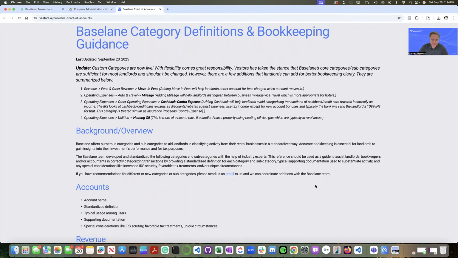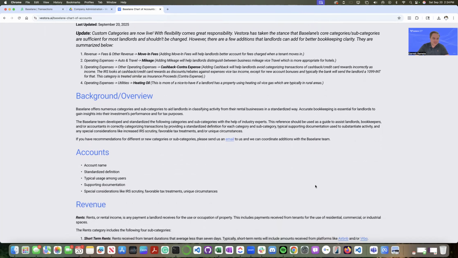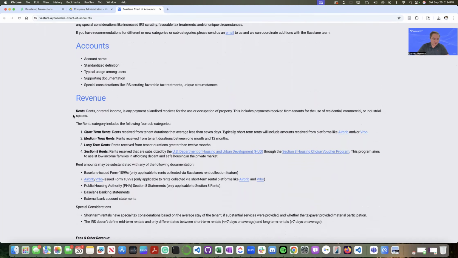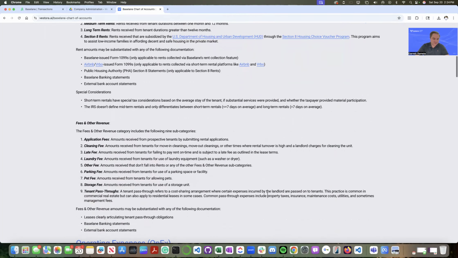We have the Keyholders community. It's fairly affordable. Resources like this help landlords who want to learn and want to do it themselves. But basically, you just come here and walk through the background. We walk through each one of Baselane's categories and subcategories and talk about what each subcategory should be used for, what sort of documentation helps to substantiate those transactions if you're adding receipts into your Baselane transaction log, and then various special considerations that we see a lot of landlords fall victim to,